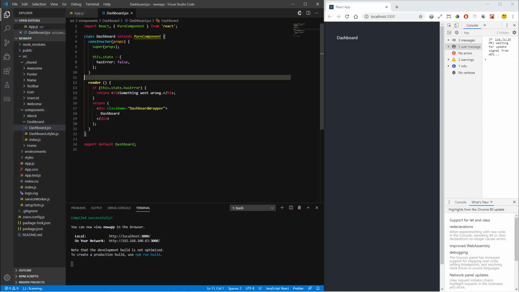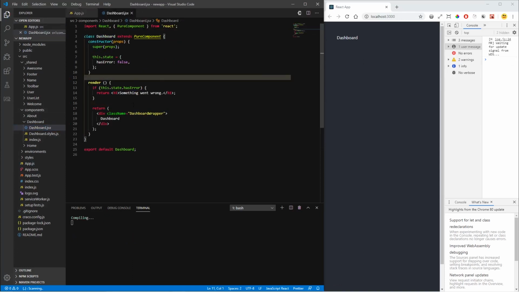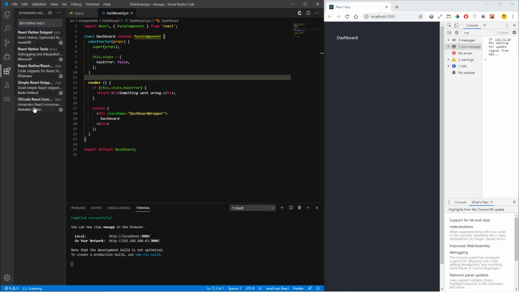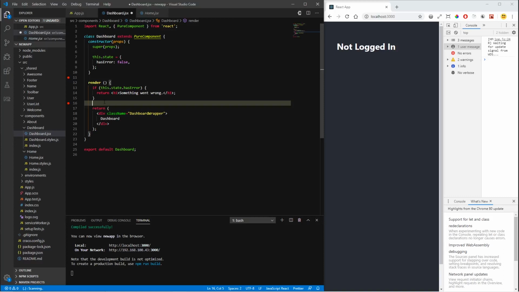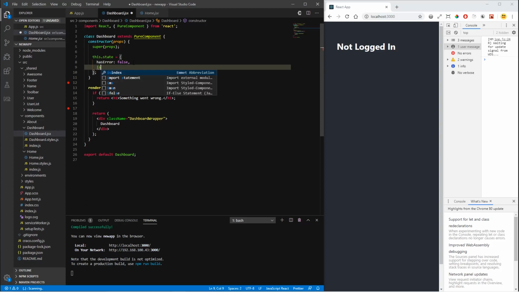So, as we can see here, when we create the component with this extension, the VS Code React component generator, it automatically generates an if statement. If the state has error, it will return this, something went wrong. If not, it will return the div with the dashboard. So it's the most basic conditional rendering method, I'm using it to opt out early from a rendering, usually as a guard pattern. So let's put a boolean here inside the state,